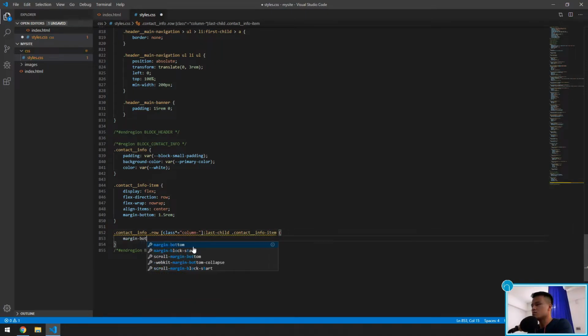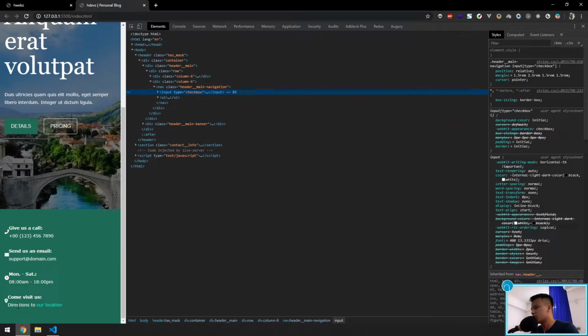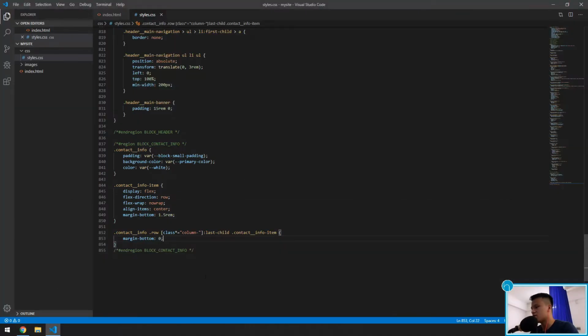I set the margin bottom equals 0, because I don't want the last item to have the margin bottom. I just need all the remaining list items to have the margin bottom, but not the last one. Okay,